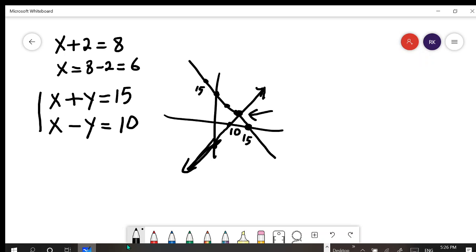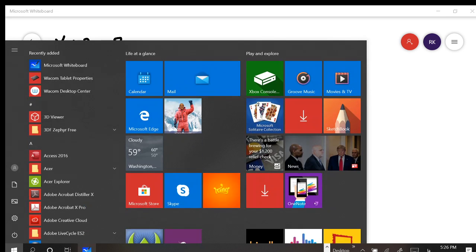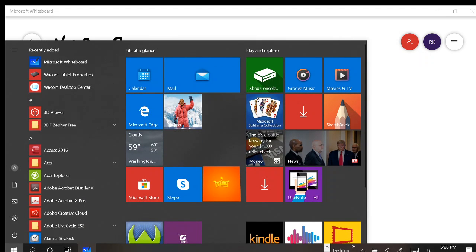And that point is an ordered pair that not only satisfies this equation, but also this equation, right? So one way to solve a system of linear equations with two variables is to graph the two lines and see where they intersect. An intersection point is a solution. Now we can do that with the calculator. So let me